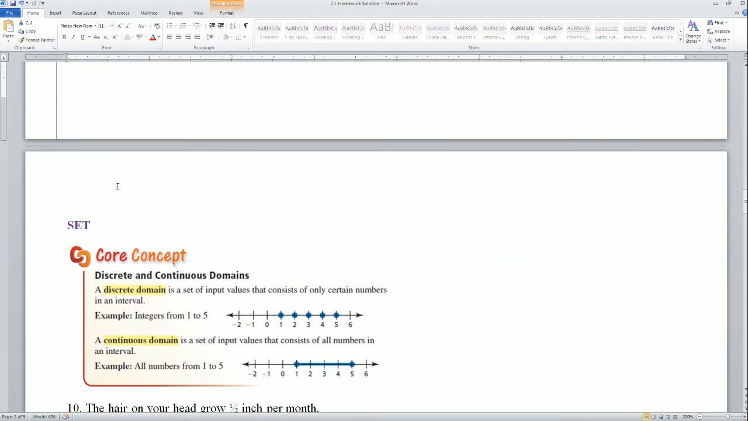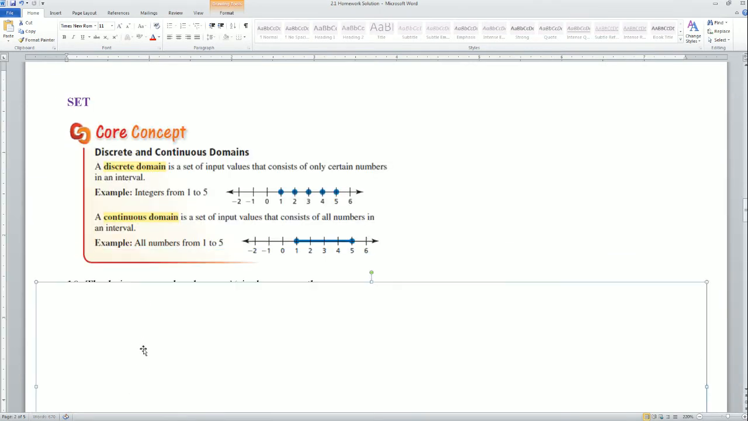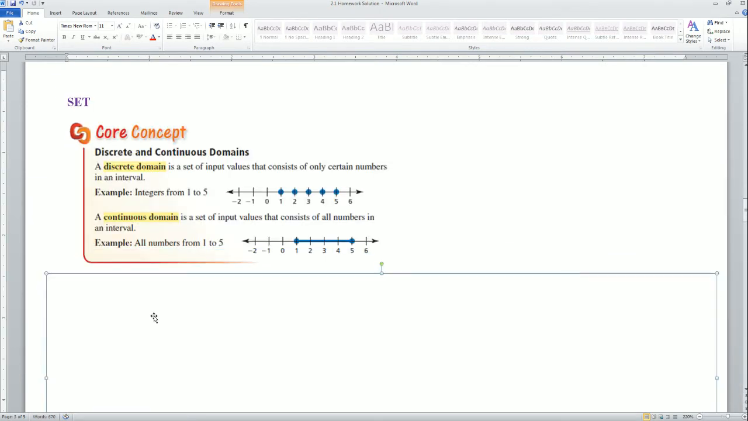Alright, we should have now the set part. The set part asks you to find if it's discrete or continuous, given a scenario. So I just want to review a couple things with you. Understand that to find discrete or continuous, you're only looking at the domain. Okay, the independent variable or the input. In this case, discrete is when you only have integers like 1, 2, 3, 4, 5. It's finite. Okay, the continuous is you could have